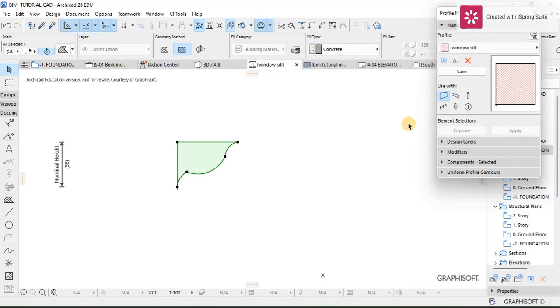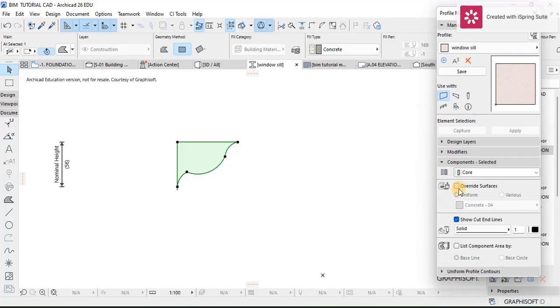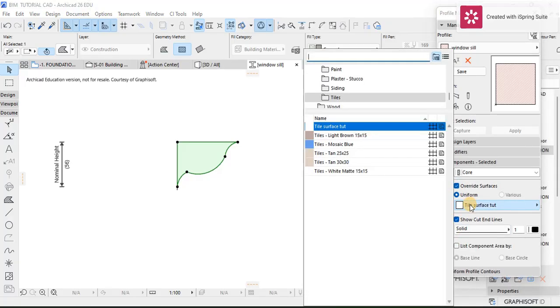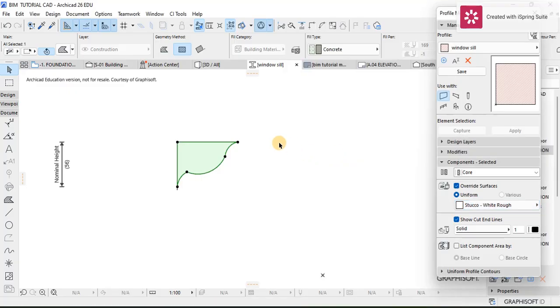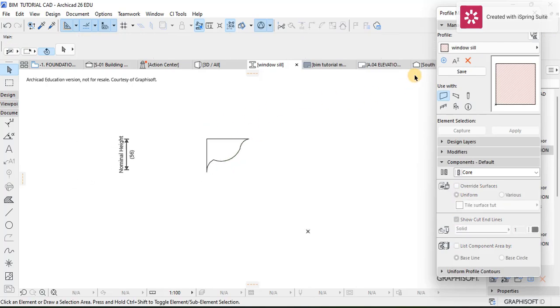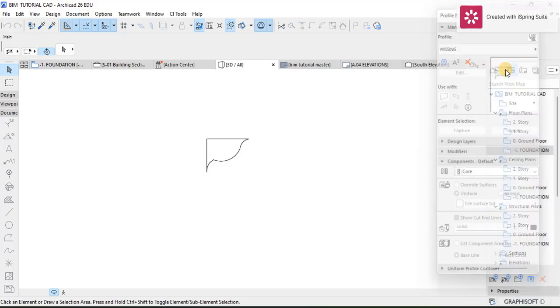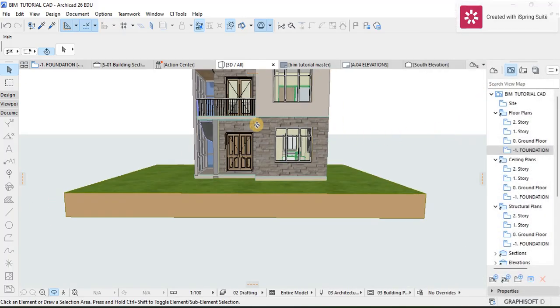Yeah, so concrete, and then I'm going to make sure I want the surface to be white, so I'm just going to overlay the surface, and then I'm going to make sure it's white. Let's say stucco white rough. So with that done, now we can actually save it. Then we close the profile manager and go back to our plan, like the ground floor,